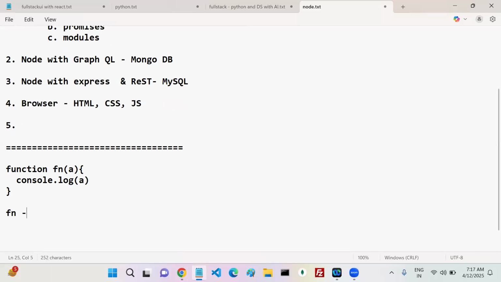My fn is which type? It's a function type, right? Yes or no? It's a function type.